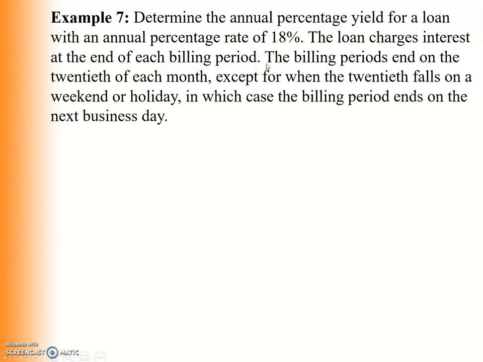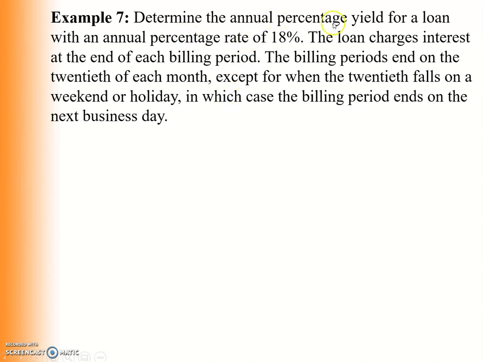The billing period ends on the 20th of each month, except when the 20th falls on a weekend or a holiday, in which case the billing period ends on the next business day. But in any case, what you can see here is that the annual percentage rate is